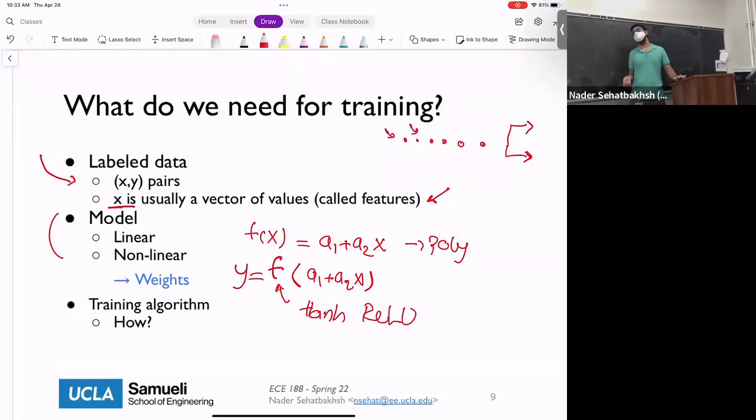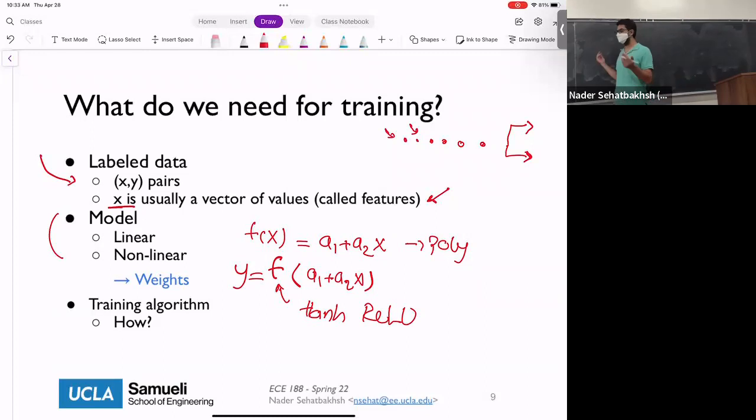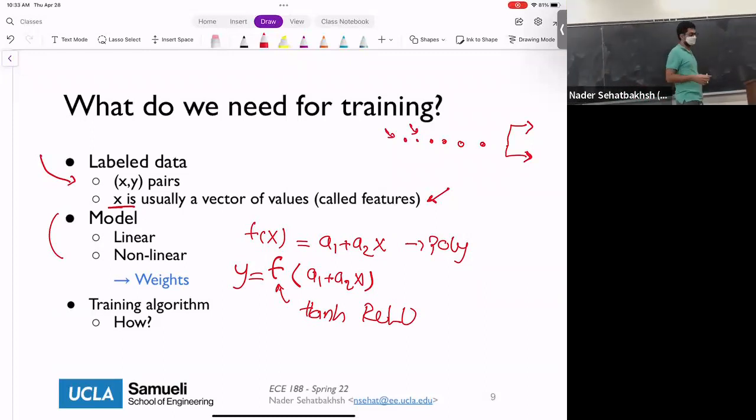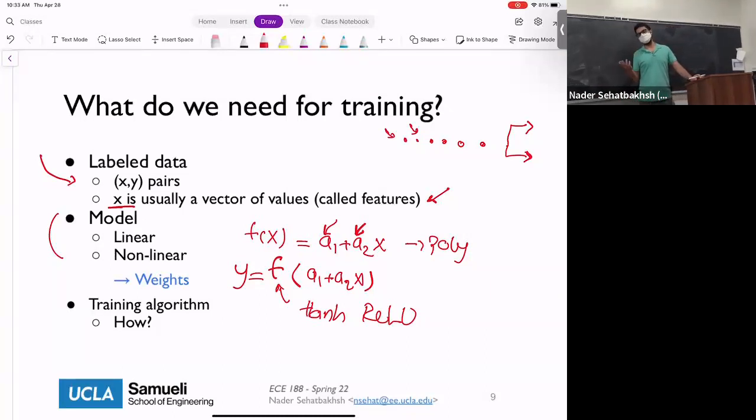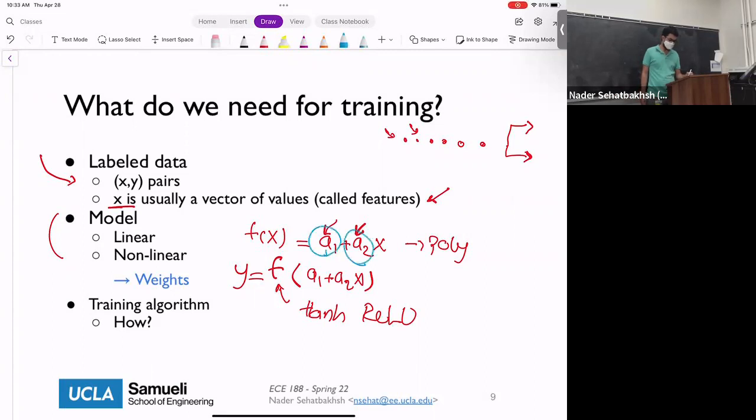It could be any nonlinear function. It could be any if and else. It could be anything that you want to use. So basically, your model would be that, and the goal is finding these parameters in your model, whether it's linear or nonlinear. There should be some parameters that are unknown to you when you haven't started training your system. And the goal is during the training, you want to find these parameters, right? So this is really the goal of the training.